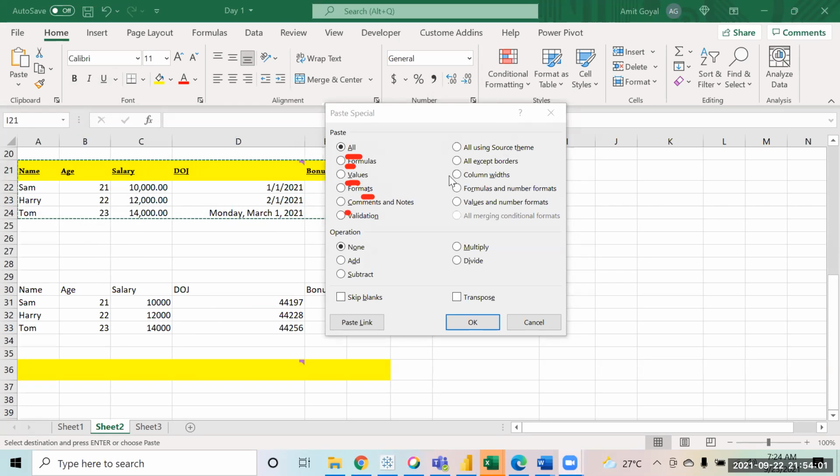For example, if you press C in this window, it selects comments. If you press V, it selects values. You press N, it selects validation. So the underlined letter is the shortcut here.